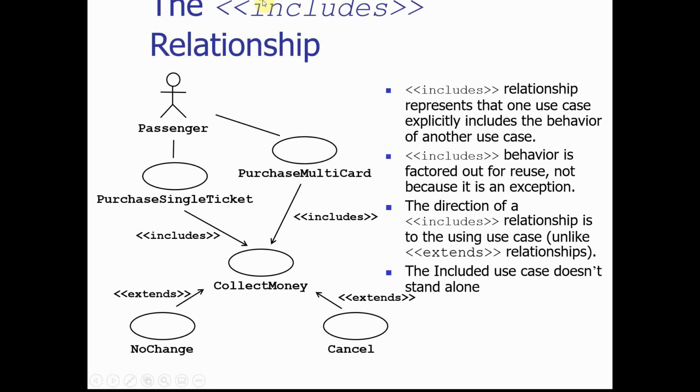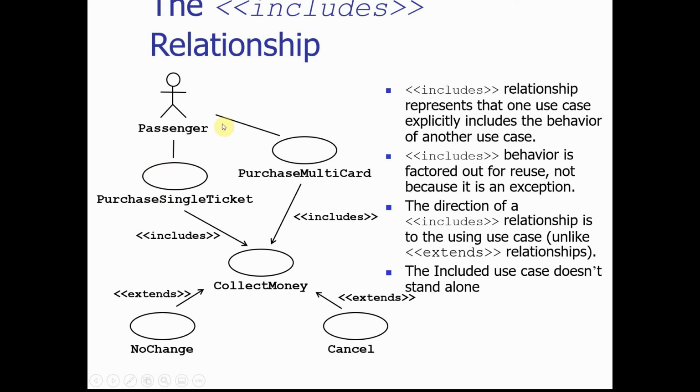And then the include relationship represents one use case explicitly including the behavior of another use case. So usually when multiple similar use cases are involved, we can abstract out the common path and form a new use case, and that new use case has an include relationship with the other use cases. For example, here, the passenger can purchase a single ticket, can purchase